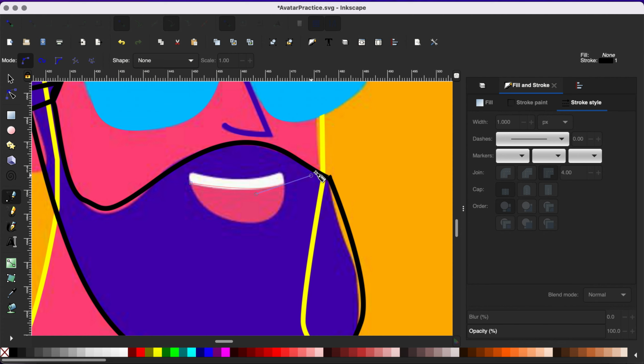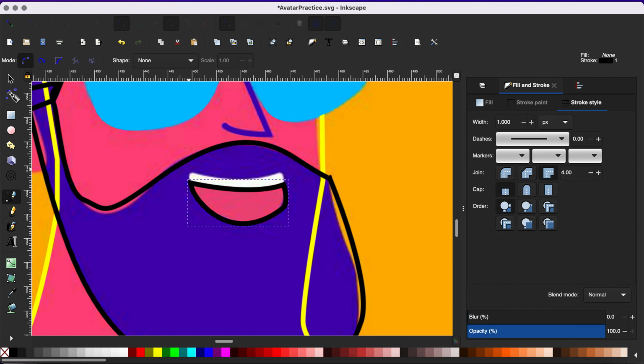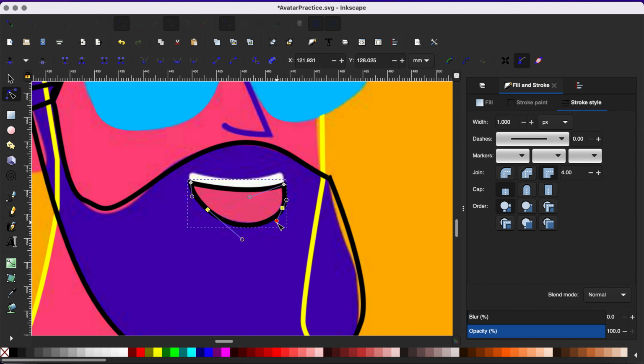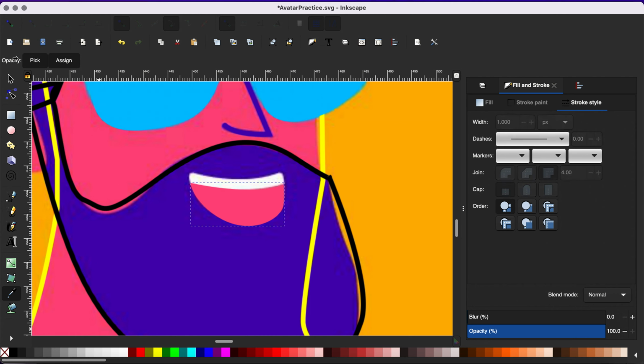So I'm going to make this curve part. I'm going to hold Shift and L to make this corner. And then I'm going to come around like that. Come over here like this. And then I'll press Shift and L and then complete this last line here like that. This angle here I need to just kind of change. So I'm just going to grab my handles here and kind of adjust that. Okay. I'm going to grab my eyedropper tool and just fill this with this pink and then get rid of my fill here. And then I'll grab my Bezier tool,